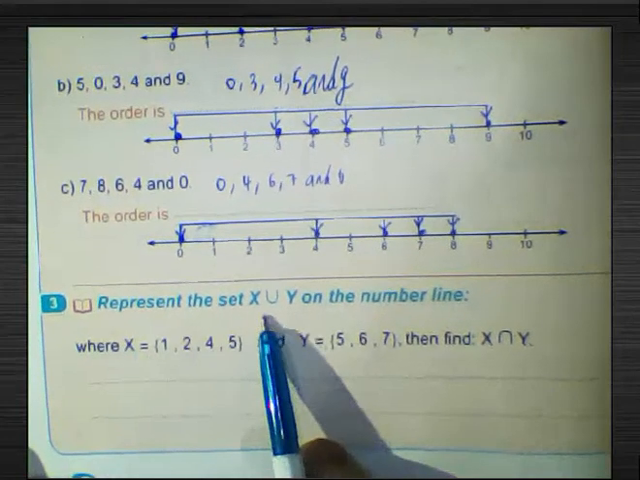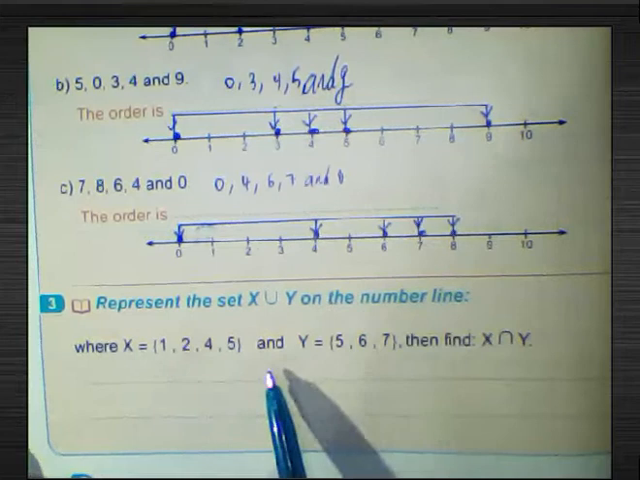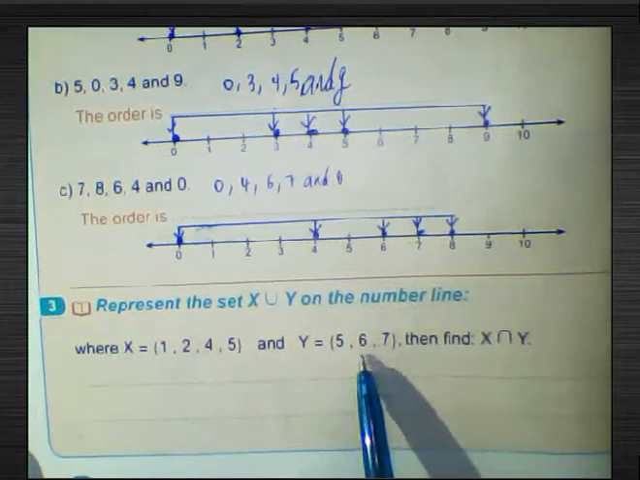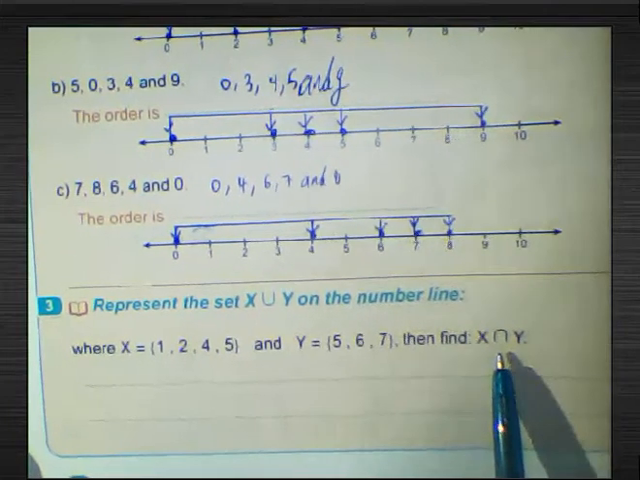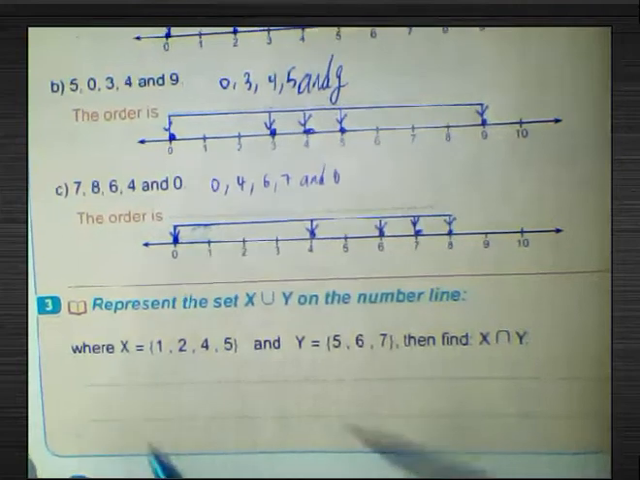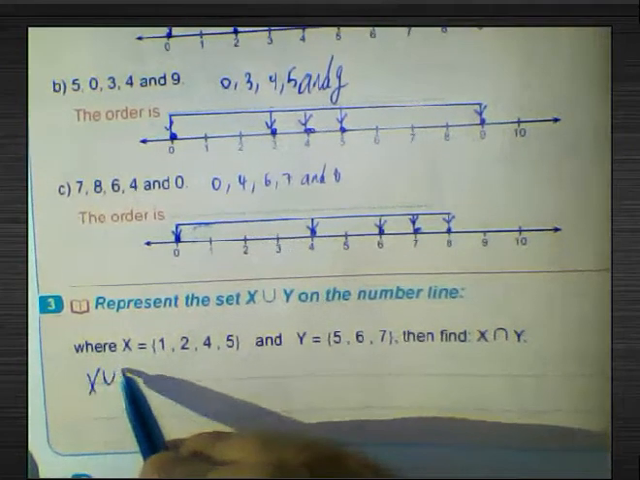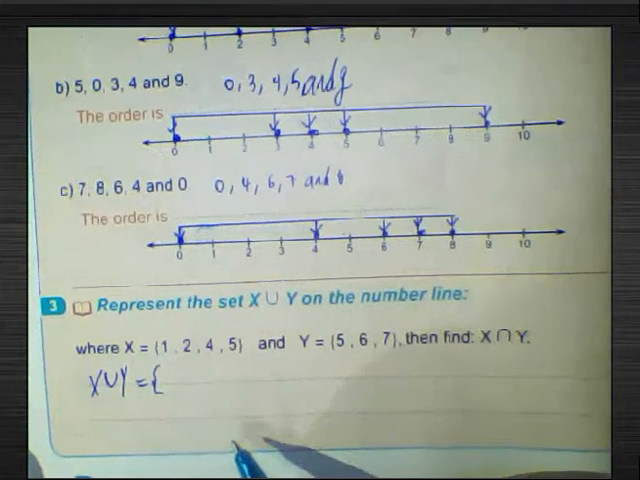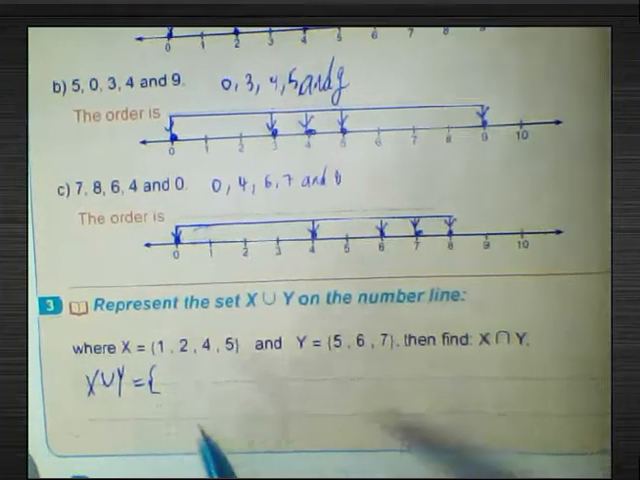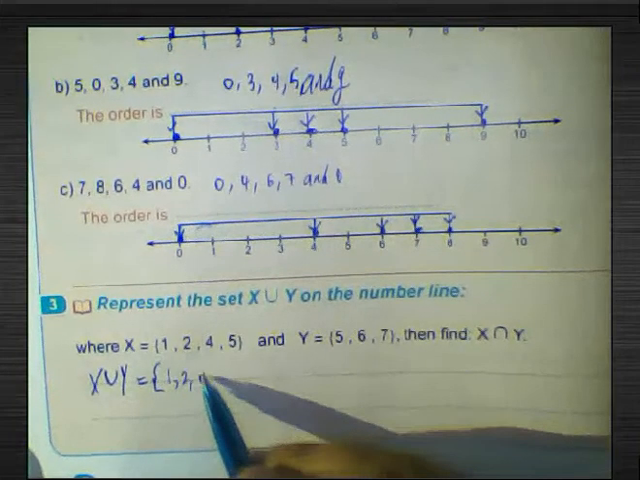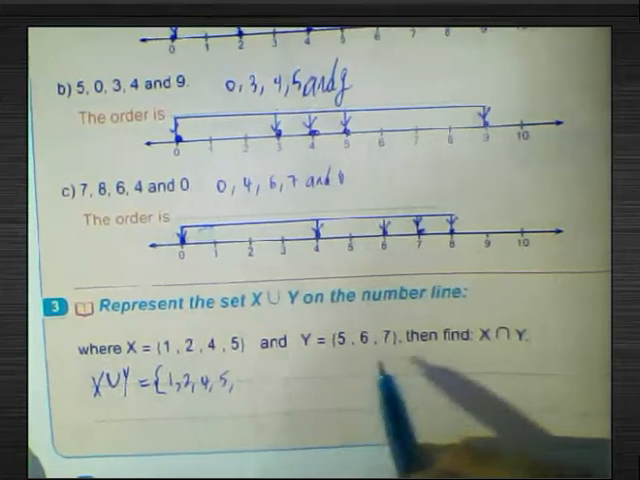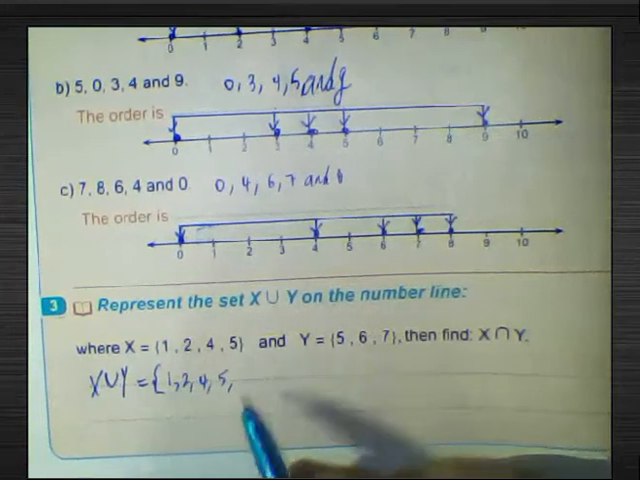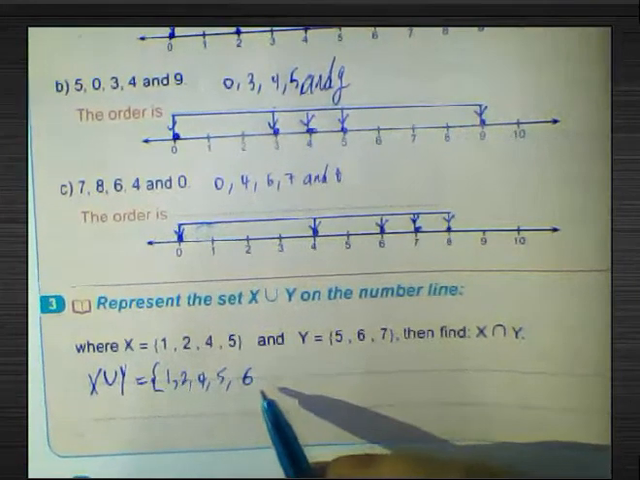Represent the set x union y on the number line. We have x equal 1, 2, 4, 5 and y equal 5, 6, 7. Then find x intersection y. Okay, first we write x union y here. Write all elements in x and y and don't repeat any element in these brackets. First write 1, 2, 4, 5 and then write all elements in y. Don't repeat 5, written the first time here. Don't write 5 again. You must write 6 and 7